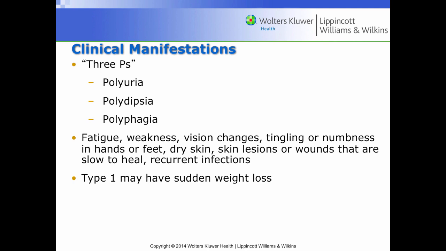hyperglycemia above the renal threshold. So blood glucose is above the renal threshold, which means that glucose remains in the urine, and that glucose elevates the osmolarity of the urine, and it traps water, and it causes this osmotic diuresis, okay, which results in the polyuria. The polyuria and the accelerated water loss causes dehydration and polydipsia, which is extreme thirst. And then